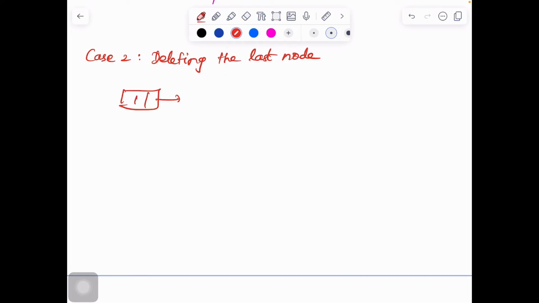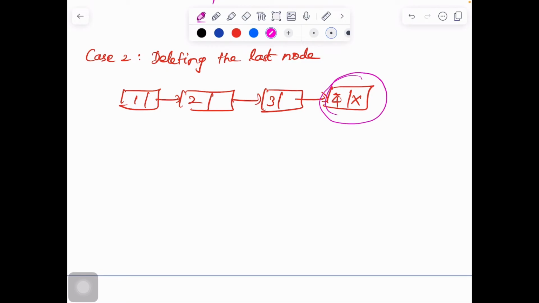Let us take a simple linked list. Now, how do we delete the last node of the linked list? I have to delete the last node of the linked list, right? What is the condition that has to come to your mind? If this node is deleted, then this node will become the last node, right? So what is the condition for the last node in a singly linked list? If it is the last node, then the next pointer should always point to null. Hope you remember this.